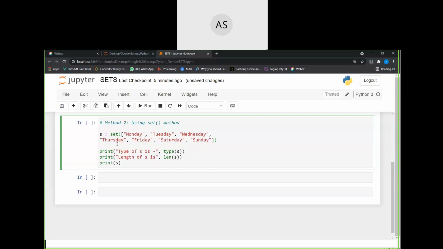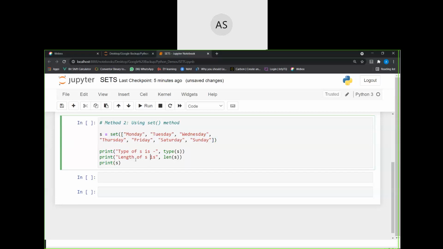Inside the parenthesis, within the square brackets, please remember the syntax is a little different, you will be giving comma separated values. This is how you create the set using the set of function.